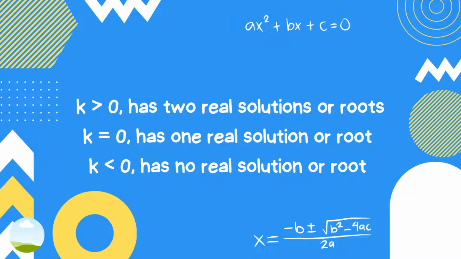First, if k is greater than 0, then x squared equals k has 2 real solutions or roots: x equals positive or negative the square root of k, or x equals positive the square root of k, and x equals the negative square root of k. Second, if k equals 0, then x squared equals 0 has 1 real solution or root, where x equals 0. And the last, if k is less than 0, then x squared equals k has no